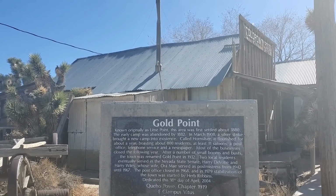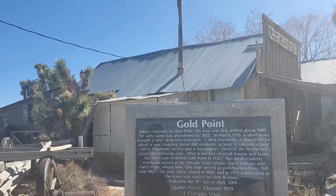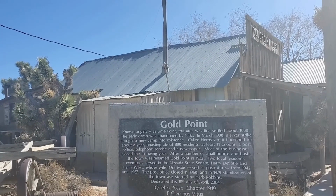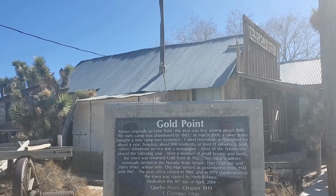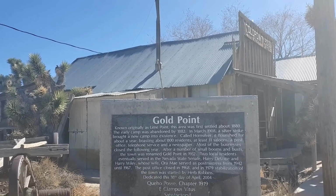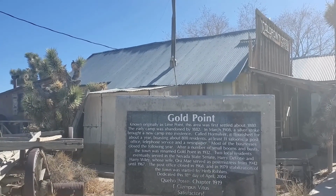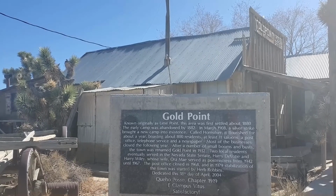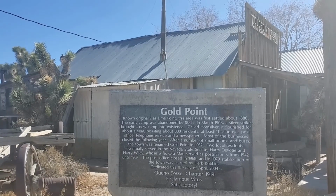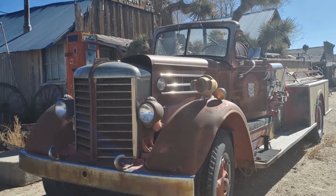Two local residents eventually served in the Nevada State Senate. Oh, that's weird. Harry and Harry, whose wife Ora served as postmistress from 1942 until 1967. The post office closed in 1968, and in 1979, stabilization of the town was started by Herb Robinson. Wow. Dedicated April 2004. The dawn of a new age has...